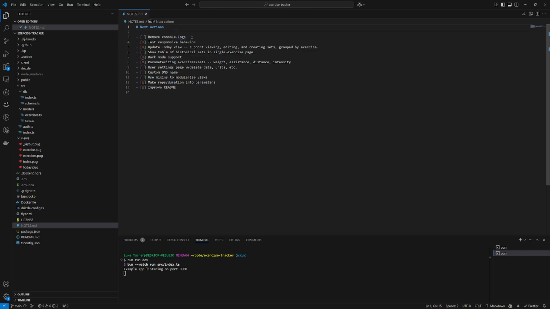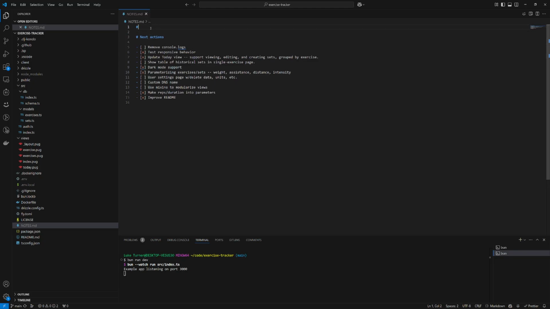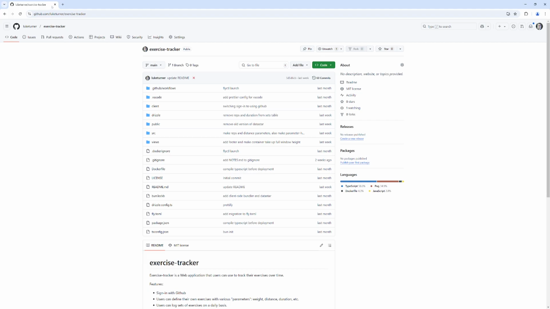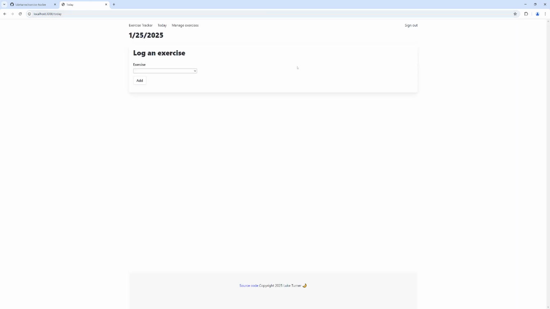So let's actually break this out into two sections. What do I need to ship? And think about that a little bit. Let's actually open the app so we can get on the same page here. And kind of the reason that I like to think about it this way, what do I need to ship,